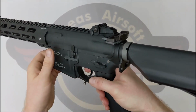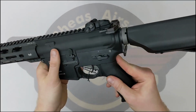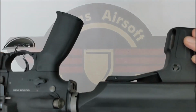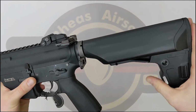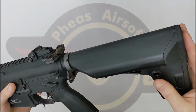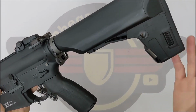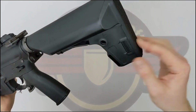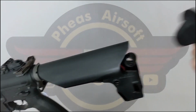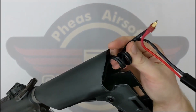You then have your rear sling loop, nice and solidly on there, with a sling point on each side. You have a QD sling mount in the stock there, which is really solid as well. There is a little bit of movement, side to side and back to front, but having run this type of stock on KWAs for years, I found them to be really solid and really good. To access the battery, just pinch there, the battery cover nice and firm, and then...